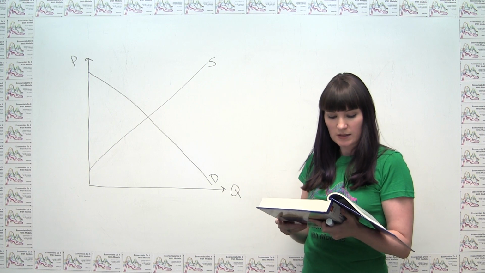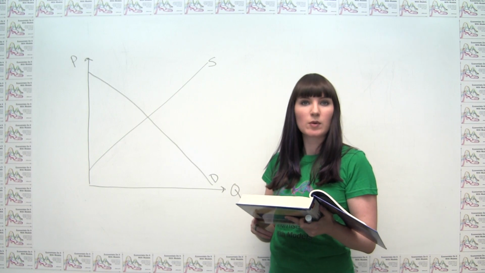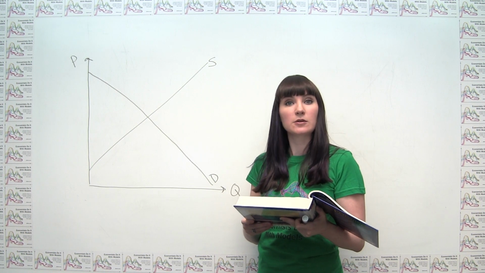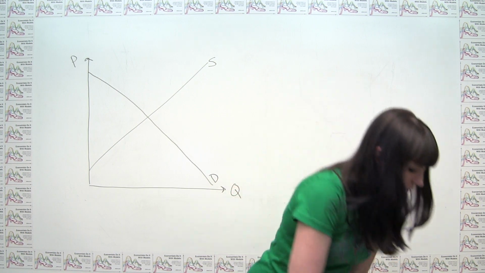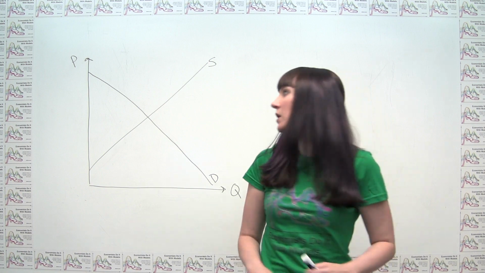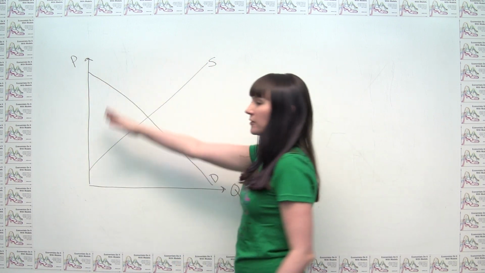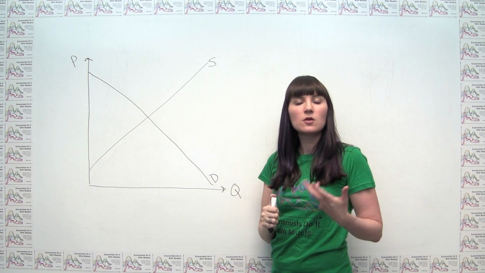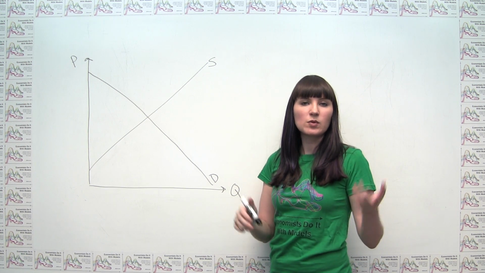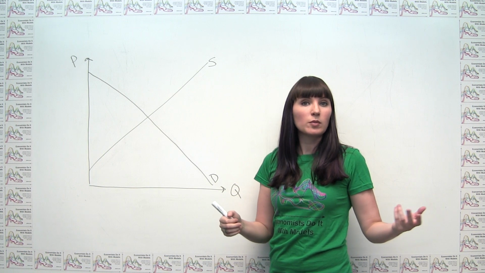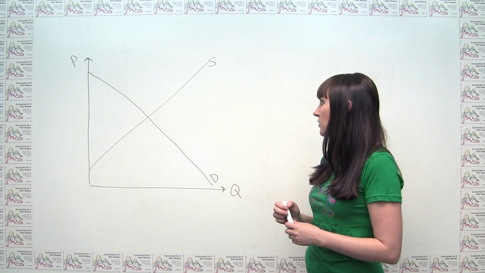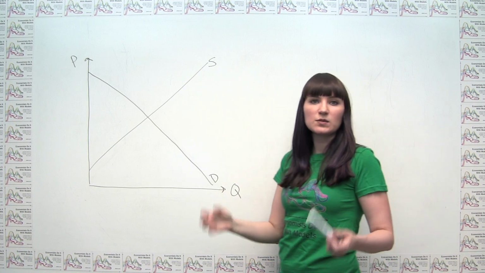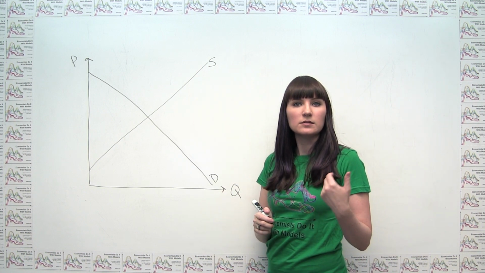Lastly, the question asks us to analyze what happens in the market for coffee if coffee prices are expected to rise rapidly in the near future. So we can think about what's going on here. And again, we start with our basic diagram of supply and demand, and then we think about whether this scenario affects the supply of coffee, the demand for coffee, or both. So we can start thinking about, on the supply side, we talk about the role that expectations play in the